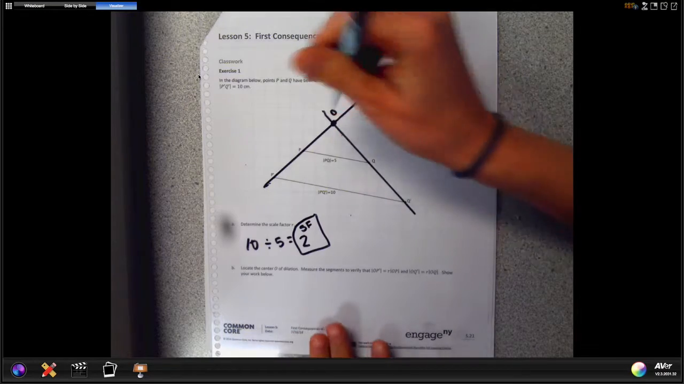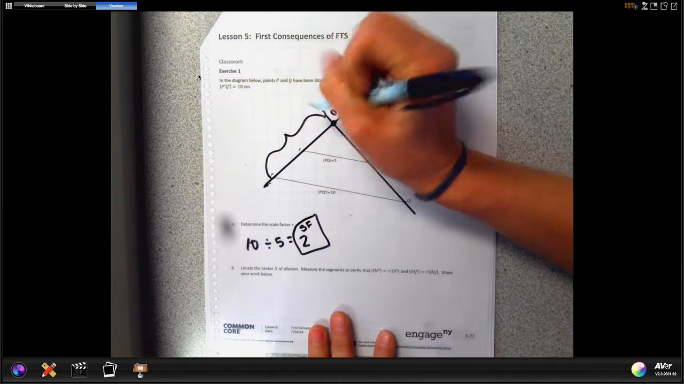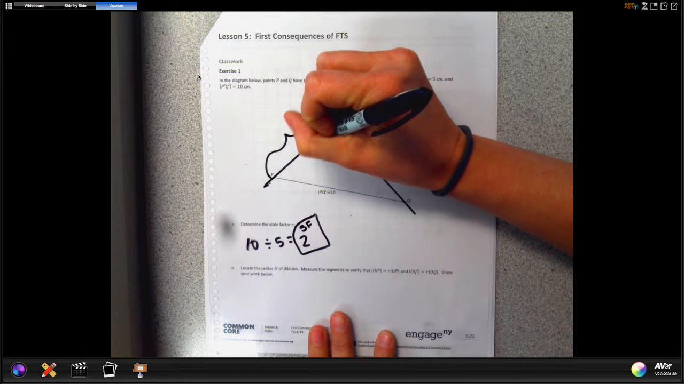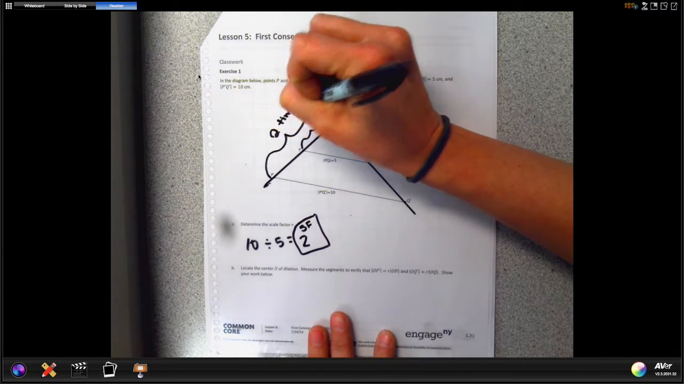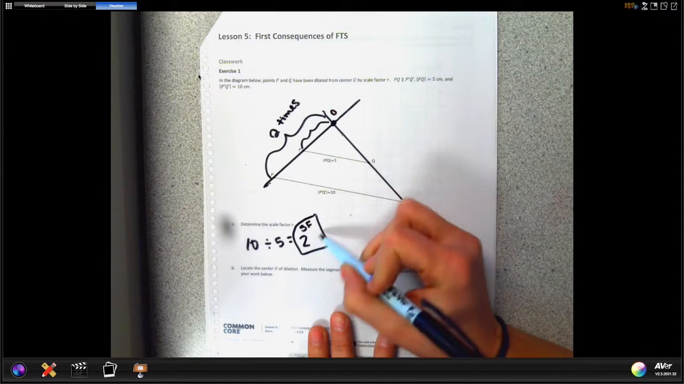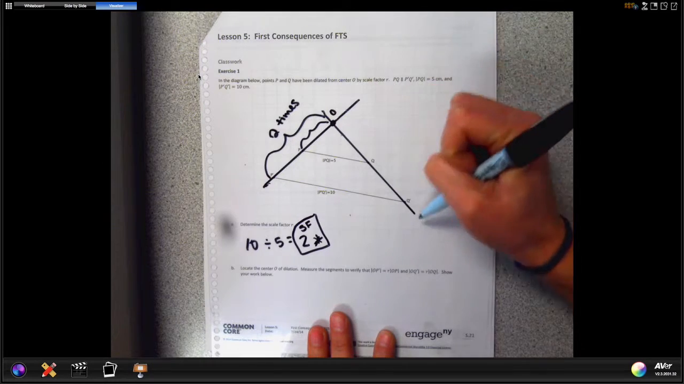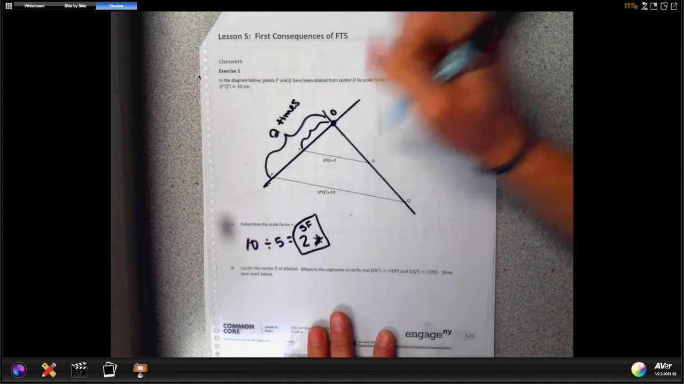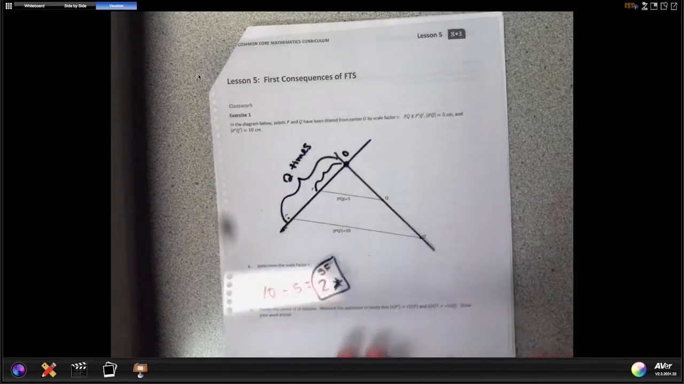But what you'll find is that this length right here is going to be double this length right here. So this will be 2 times the size, hence our scale factor of 2 here. Same over here. This bigger length is going to be 2 times the size of OQ. All right. On the next page then,